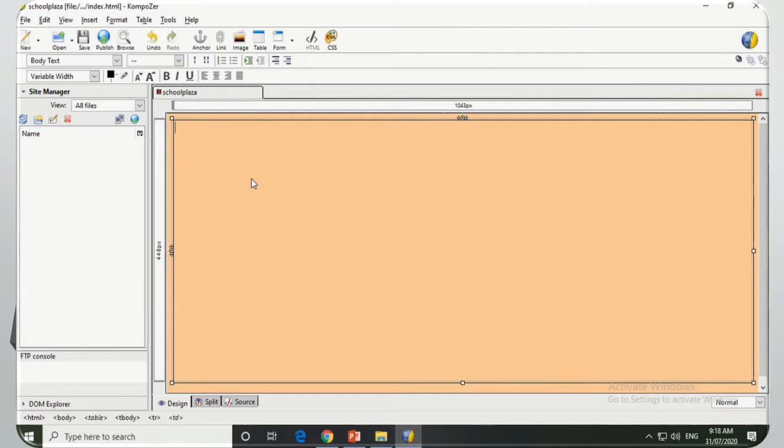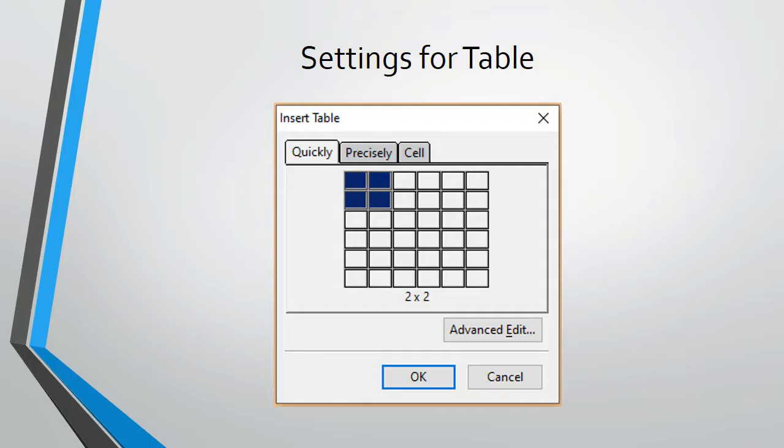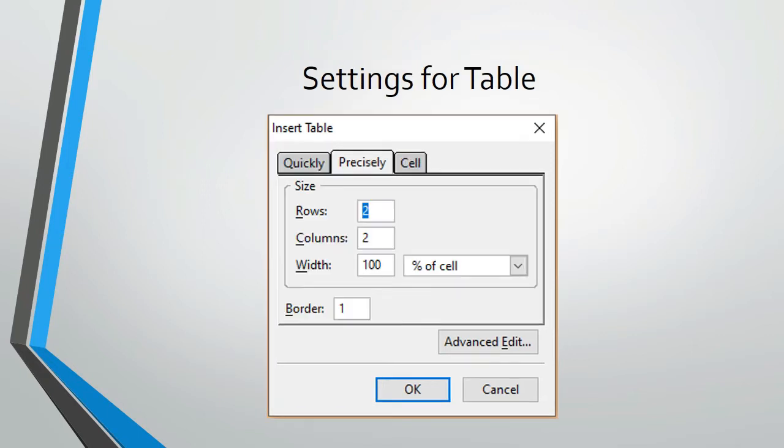When we click on insert table, we get this type of dialog box where we get three different tabs, that is Quickly, Precisely and Cell. In the Quickly tab we can select the number of rows and columns and simply create our table. In Precisely, we specify the number of rows and columns, the width of the cell, the borders of the table, etc. In the Cell tab of the same dialog box, we can set horizontal and vertical alignment of the text.